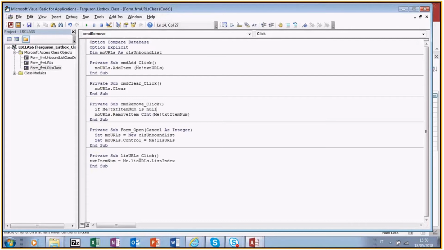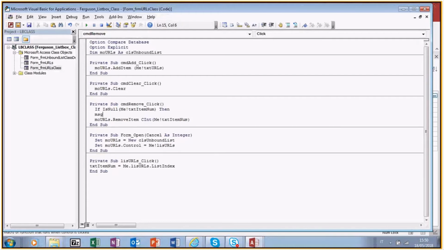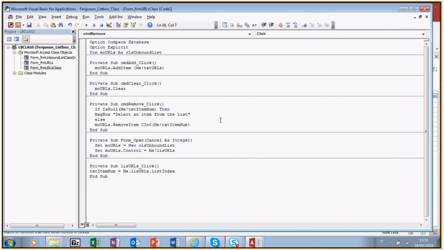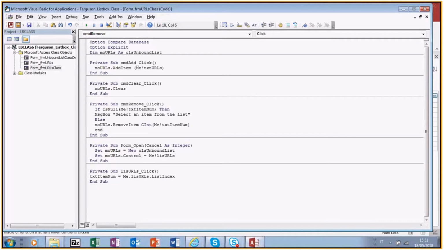Actually, no, I would use the is null function, or rather than that I would actually type. Yeah, that would work. And then drop down to the next line and do message box. Select an item from the list. And then I would do an else on the next line. And then after removing the item, I would actually,